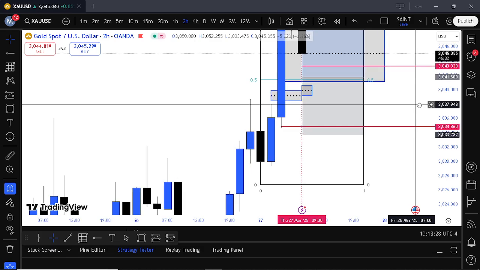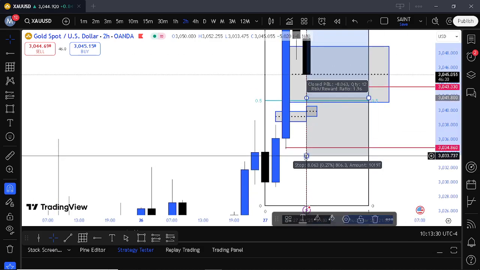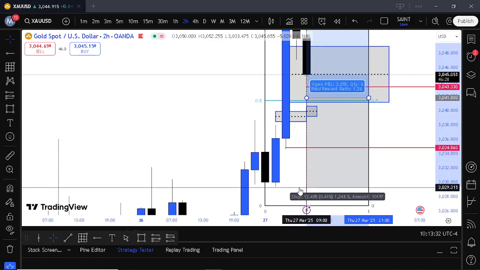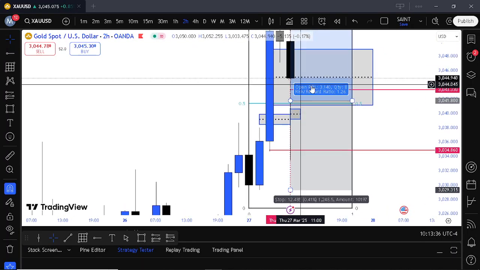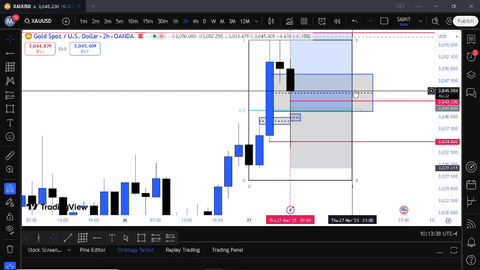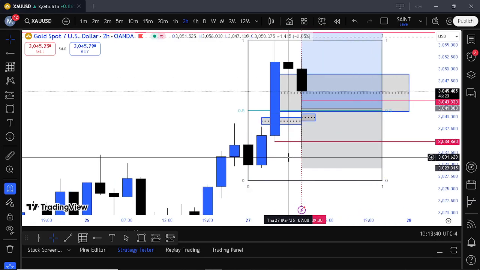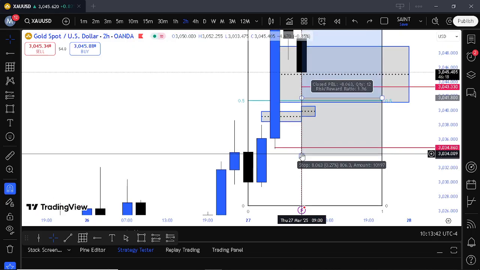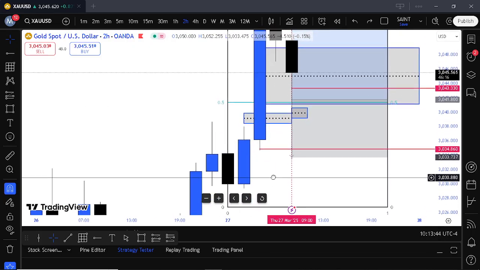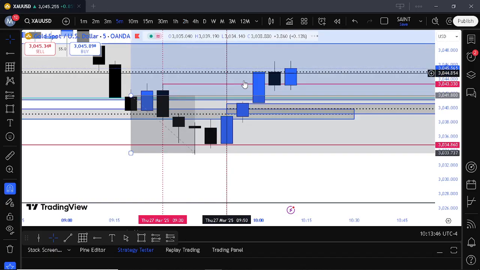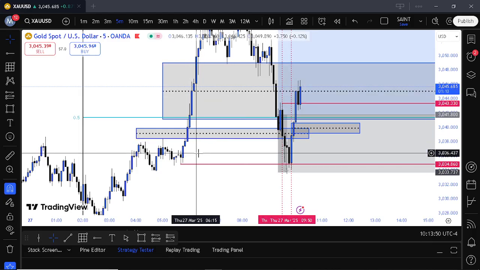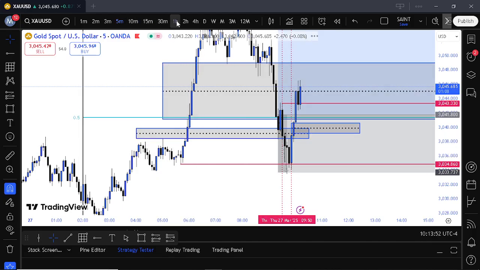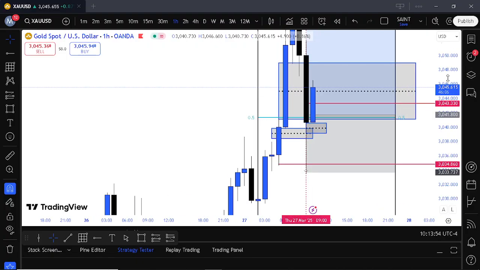But looking back, I should have really put my stop right here, which is what I didn't do, and which is why I ended up losing the trade. That was one error I made today. I put my stop way too close to the end of the fair value gap. So if I look right here, I saw that the fair value gap is right here. I said I was going to put my stop right here, but that didn't really work out for me today